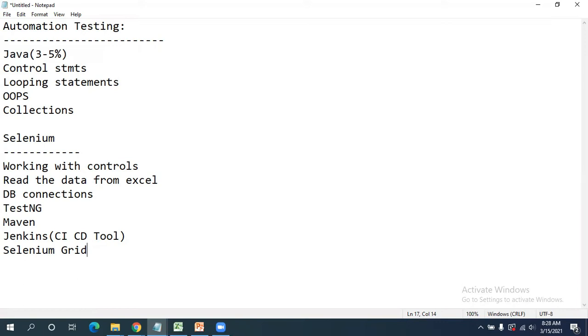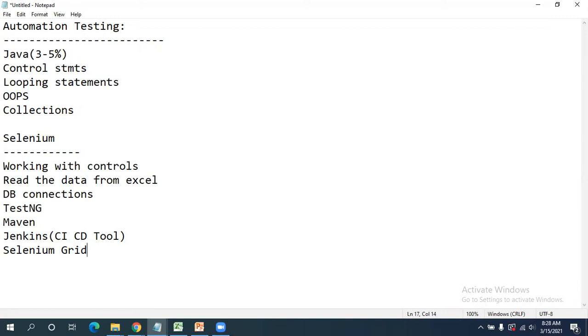So Selenium is very booming nowadays, and it supports only web applications. Now, nowadays each and every application is only web, right? So Selenium supports only web applications because nowadays all the applications are only web. So these are all the various things we are going to learn as part of the Selenium